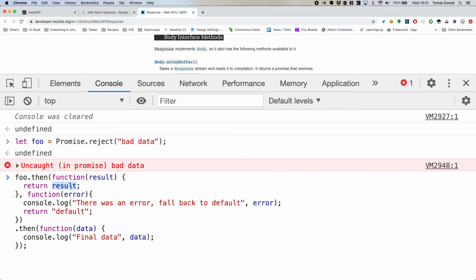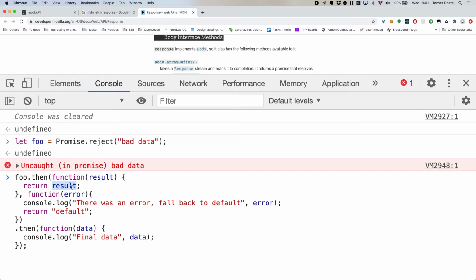Because foo is, oh well, if rejecting makes it go to the error instead of going to result, then it's returning default.